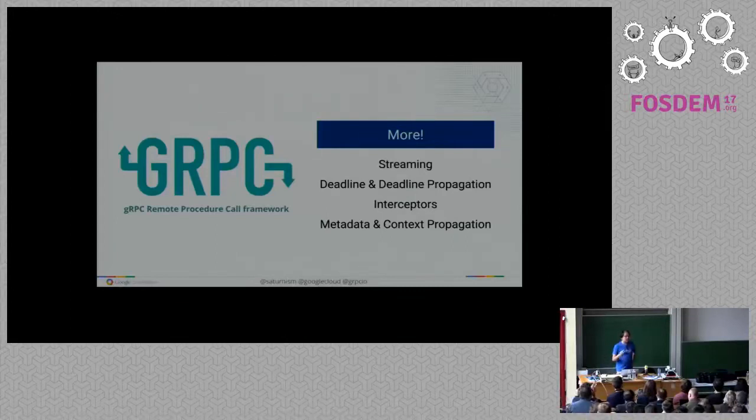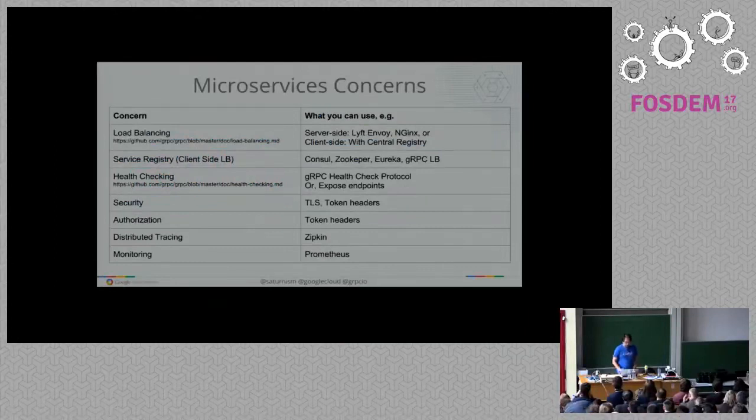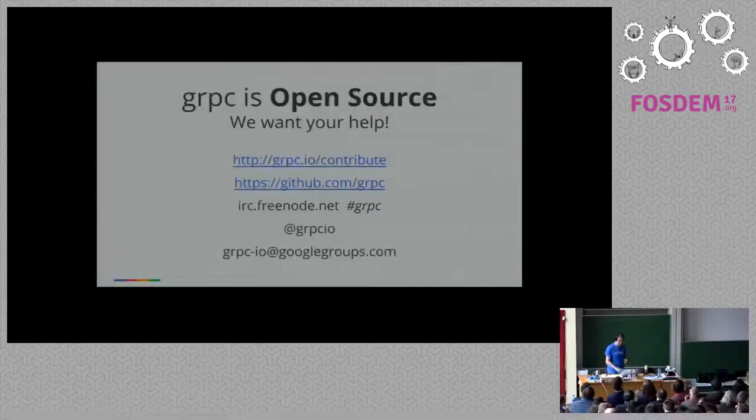You can also propagate metadata. You can do this via the HTTP2 headers, and you can also propagate context. So you can pass the same variables across multiple services within the same boundary. If you need to go across a network boundary, then you need to propagate the data via metadata. That is particularly great because then you can do interesting things like putting a security token on the top. You can do distributed tracing with interceptors. You can pass in the trace IDs across all of your services. There are really good ecosystems around gRPC at this moment. You can do load balancing and service registries, and you can do some health tracking as well.